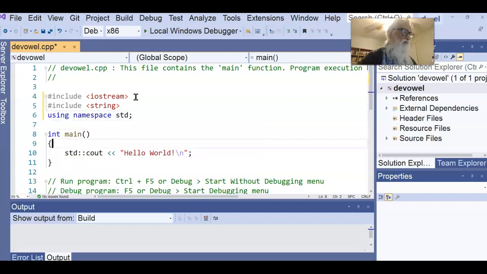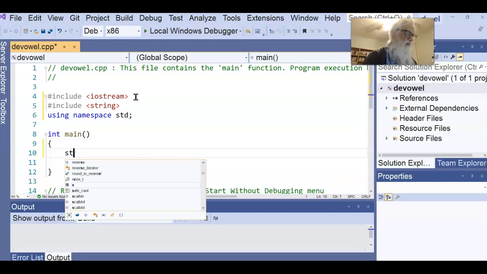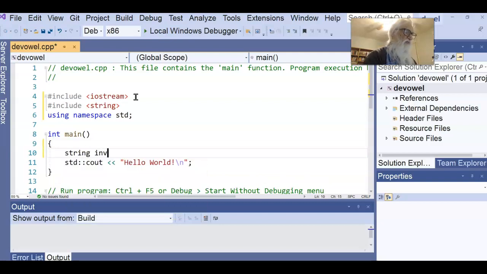And now I'm going to go down here. I'm going to declare a string, inval again. And now I want to get rid of every item in there. So what I'm going to say is, let's go find an item in there. Find returns a number. It tells us